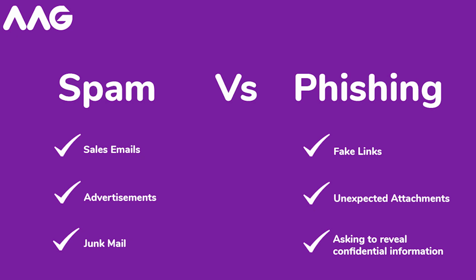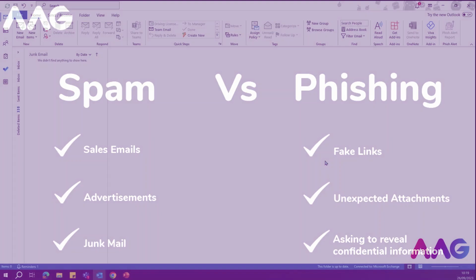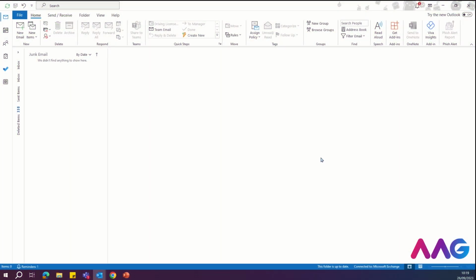A spam email can include things like sales emails, advertisements and junk mail, whereas a phishing email can include things like fake links, unexpected attachments, and someone within your company asking you to reveal some confidential information. Now, to add the spam block sender button in Outlook, what you're going to want to do is